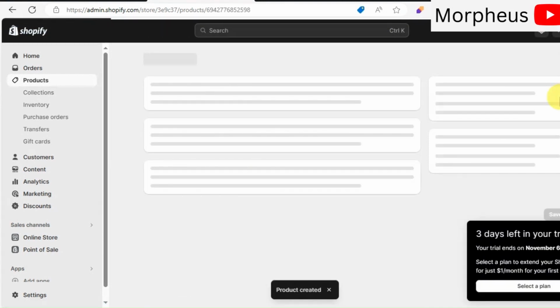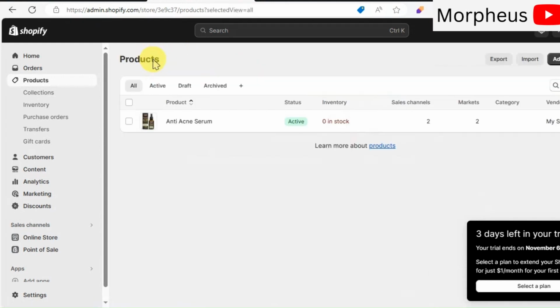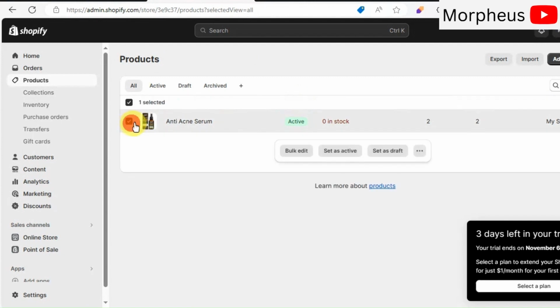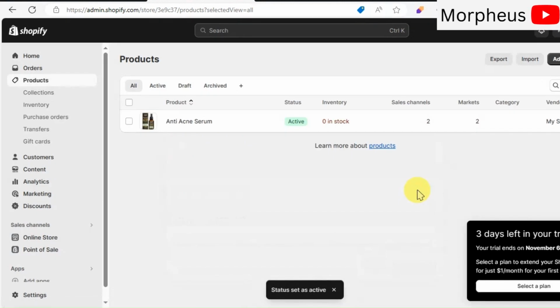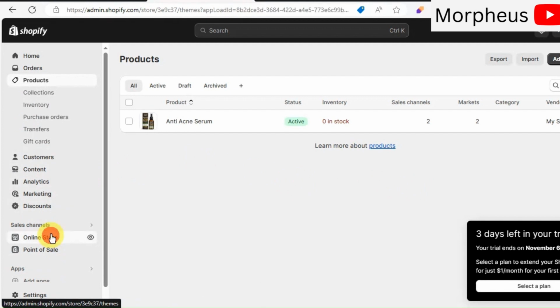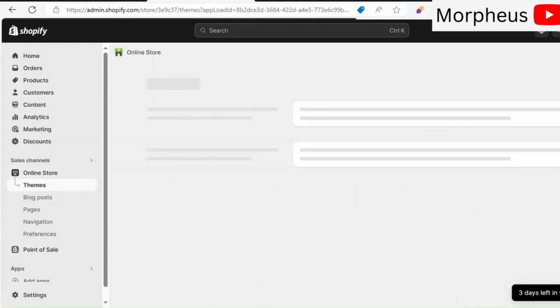And now, when everything is ready, click on Save and go back to All Products. For your other products, you can do exactly the same thing that we did just now. And here, you can change the status of your products from draft to active. Or you can simply select all and click on More Actions.